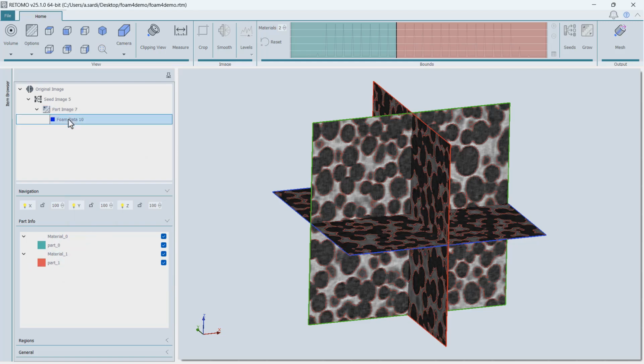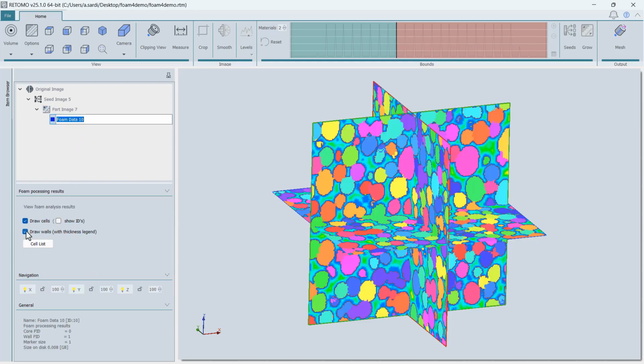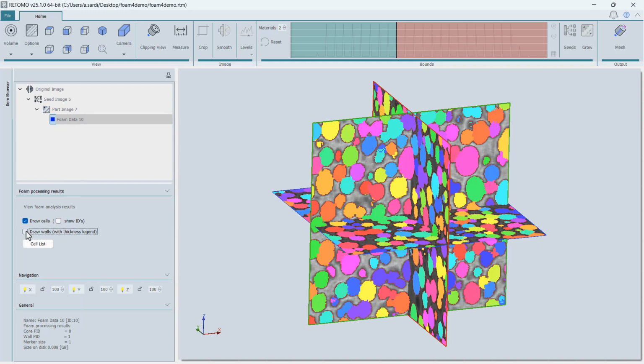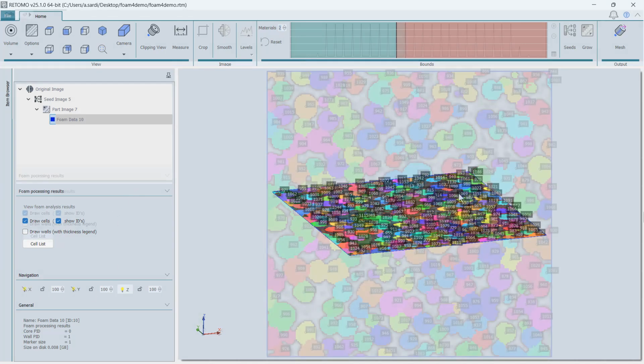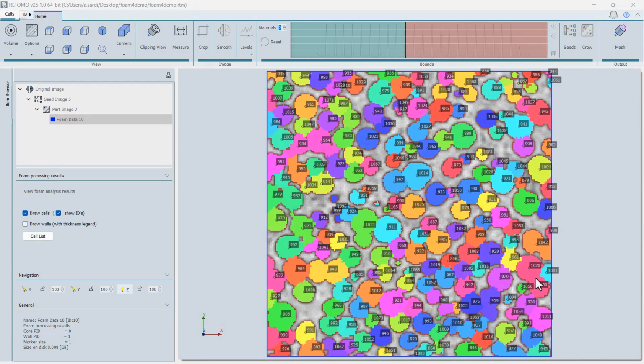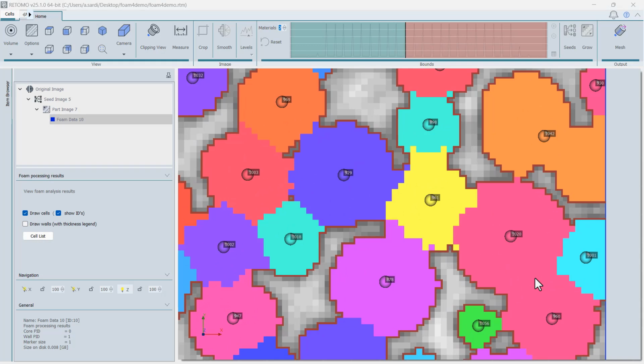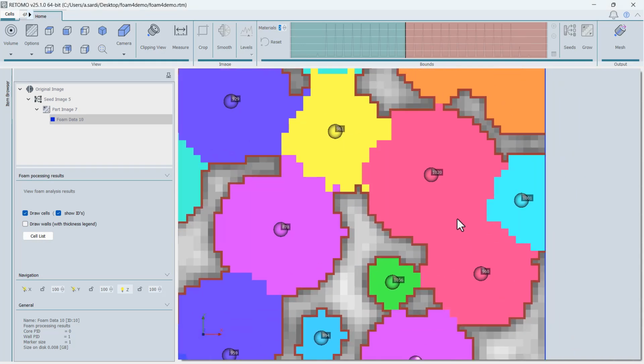There are various visibility options. Let's deselect the Draw Walls option and keep only the draw cells. Some neighboring cells might appear to have remarkably similar colors. By enabling the Show IDs option for the Z-axis, we can determine whether it is one or separate cells. For example, this area might appear as one large cell, but upon further observation, we can conclude that it is in fact two cells of the exact same color.